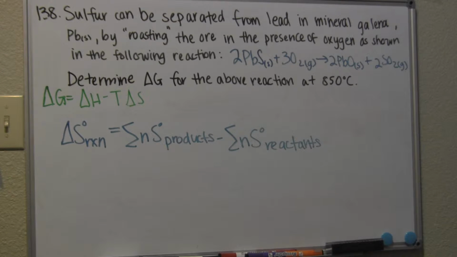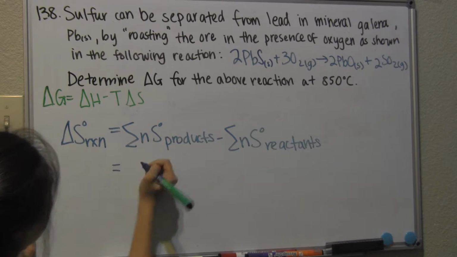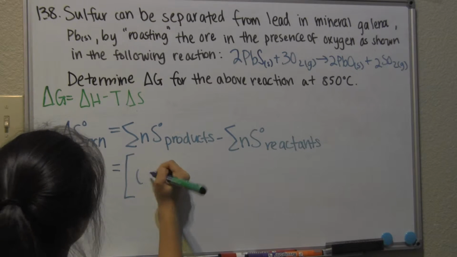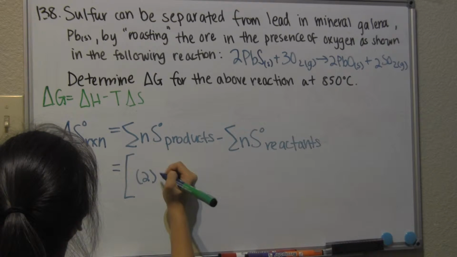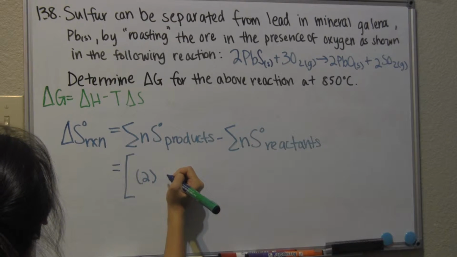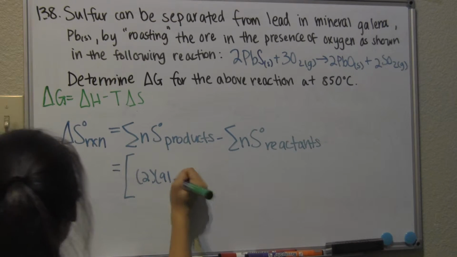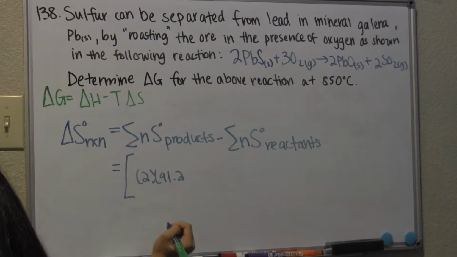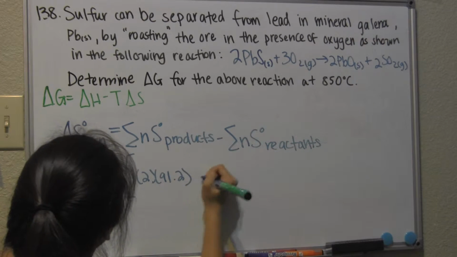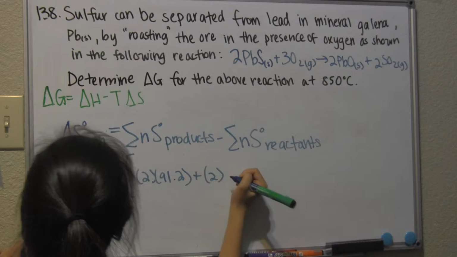So if I plug in everything from here, I'll get the sum of 2 times 91.2 plus 2 times,